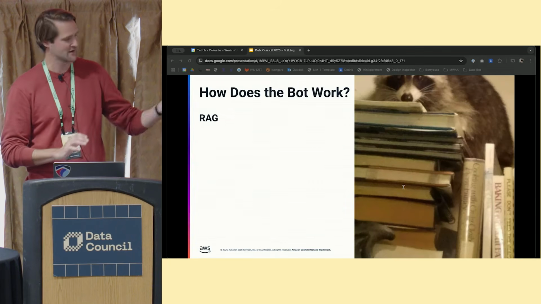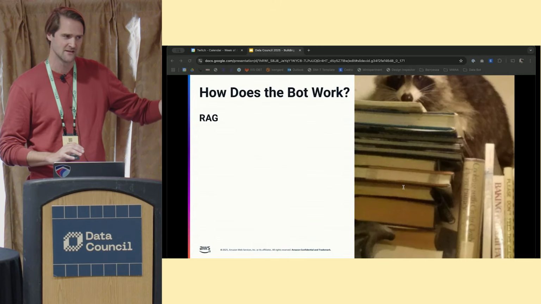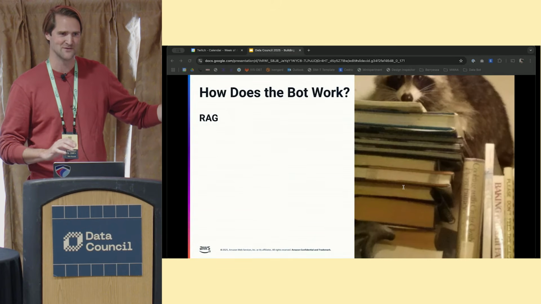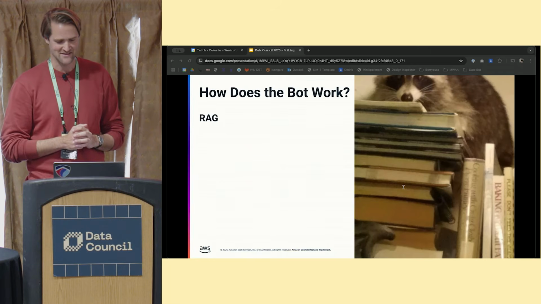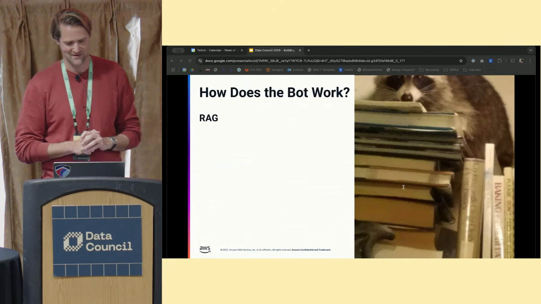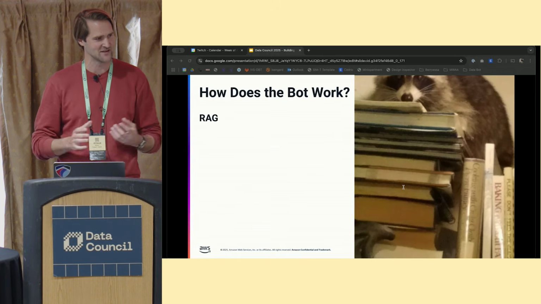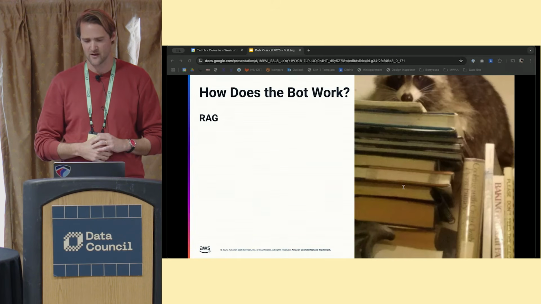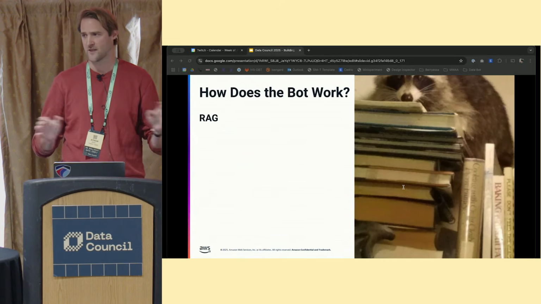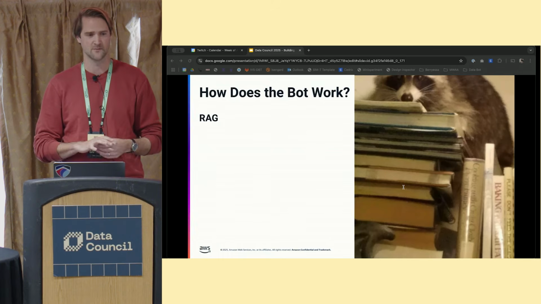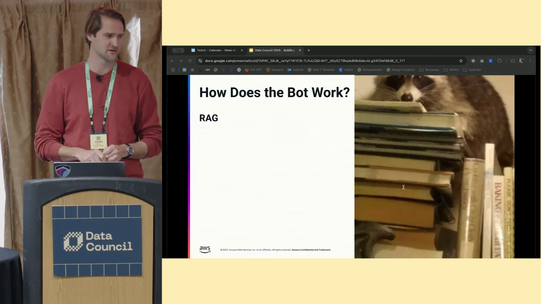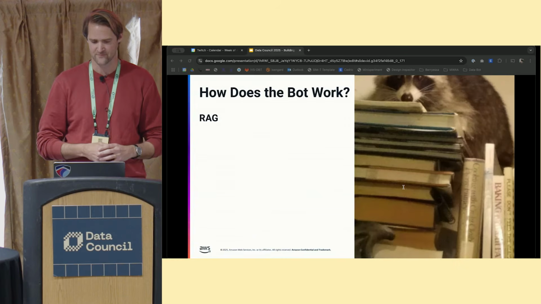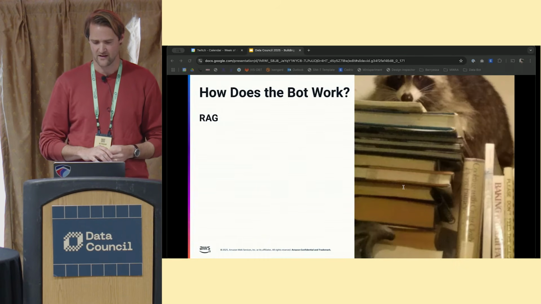And here, this raccoon clearly has more books than it can read at once, which to me inspires that it needs to use RAG. So RAG, to me, is just an optimization for forming the prompt where you need to inject just the context you care about. We actually started and had the bot in production without RAG at all to begin with, because everything fit. But eventually we added enough tables that, okay, we should try RAG.